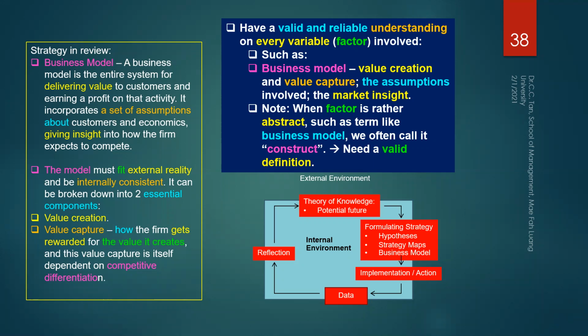And that's why if you go and talk to the CEO, they will always ask you a lot of questions. They'll ask you, what do you mean by business model? Why is it so confused? And that means that they know you do not understand. That means that you do not have a valid platform. You do not have a reliable process. And so your understanding and your cognitive processes of generating the hypothesis is not reliable. And whatever you talk is not trustable.